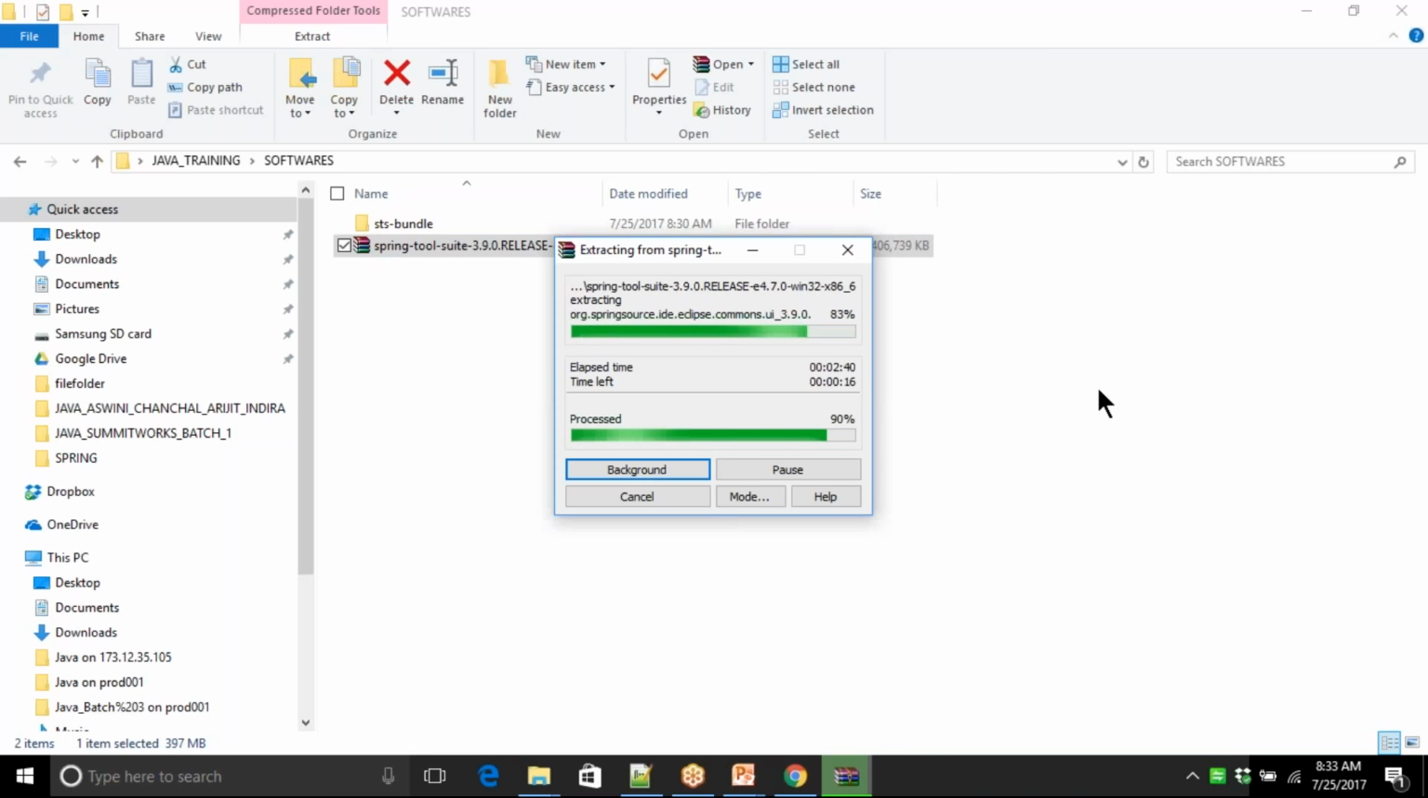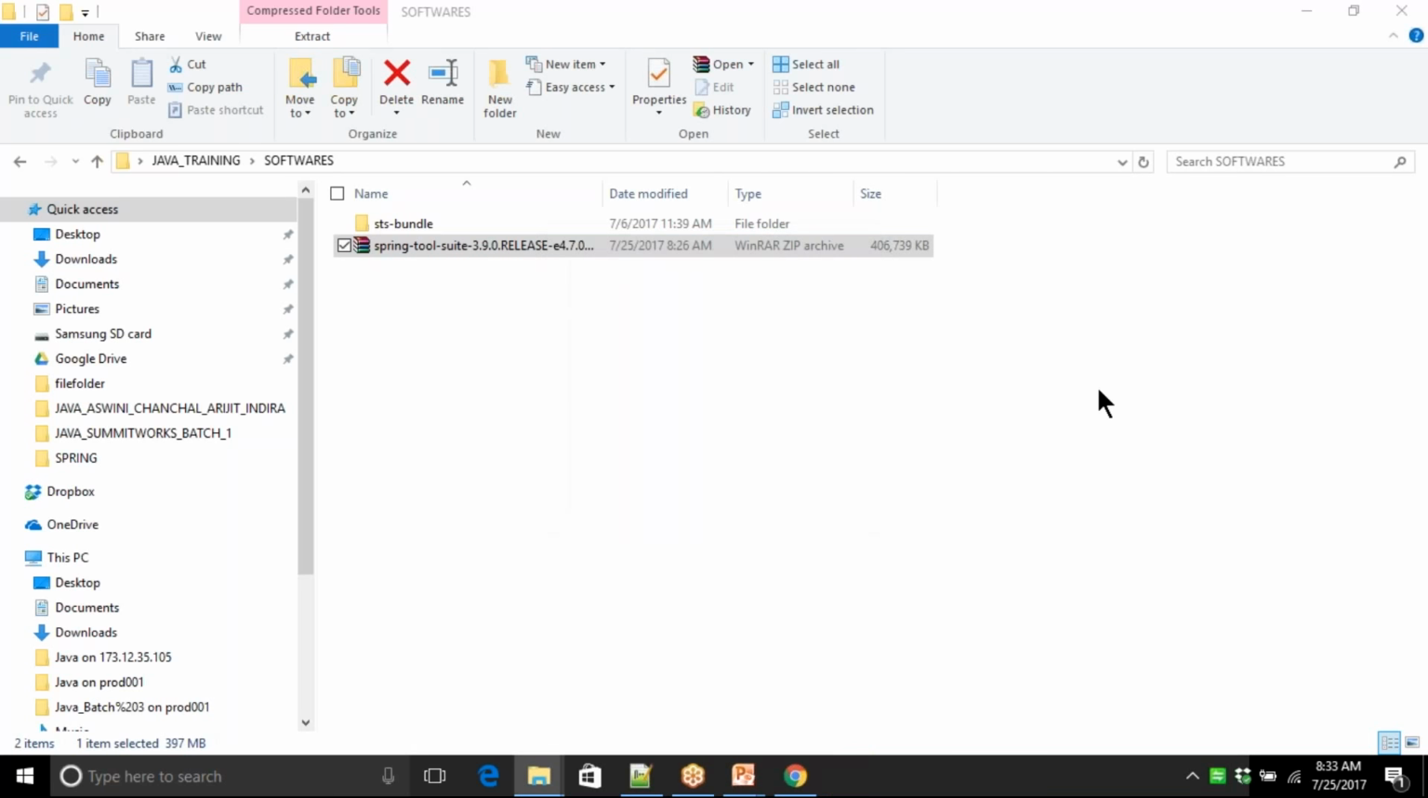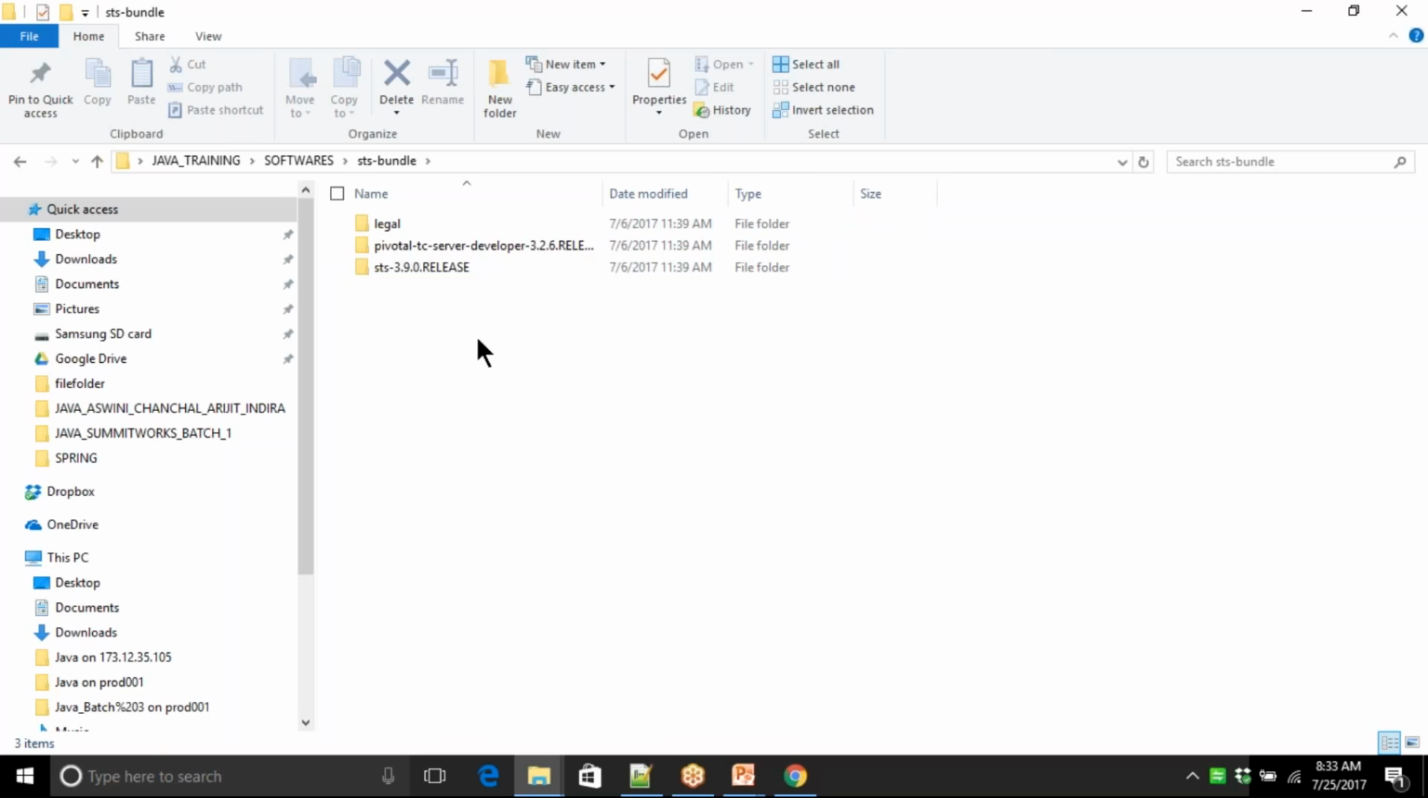So 90% is completed. Okay, extraction is completed. It means your installation is completed, and now you have a new folder called STS bundle. If you go to the STS bundle, you are able to see different folders like